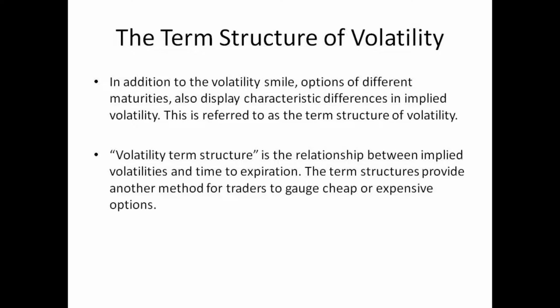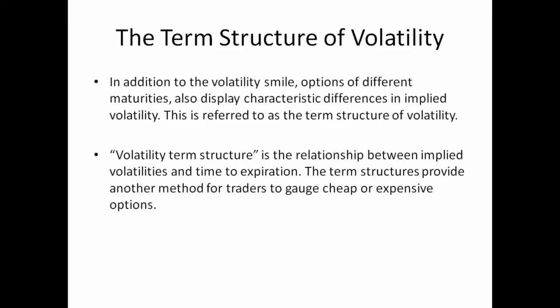Now, this is less surprising than the smile. It doesn't violate any of the ideas of our pricing models that options that expire at different times should have different volatility, because, for example, if a volatile event is likely to happen over the life of one option but not over another, you'd expect a different implied volatility. So an example of that might be if there's a big national election going on in